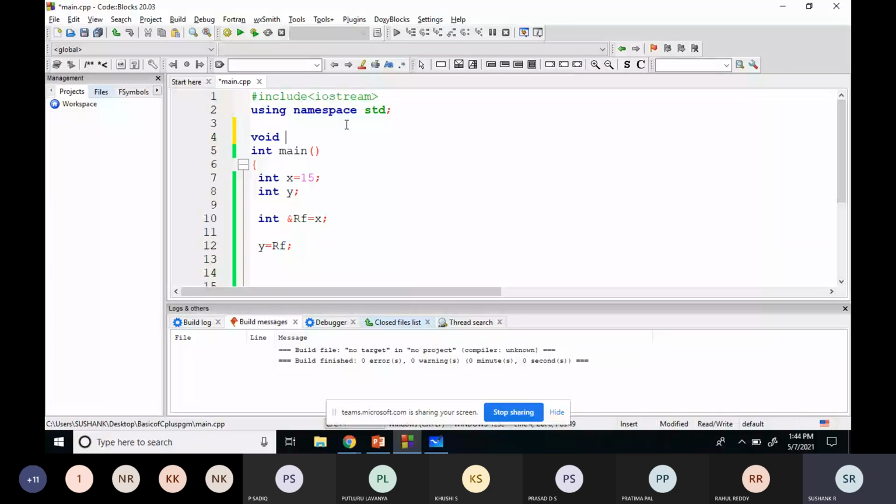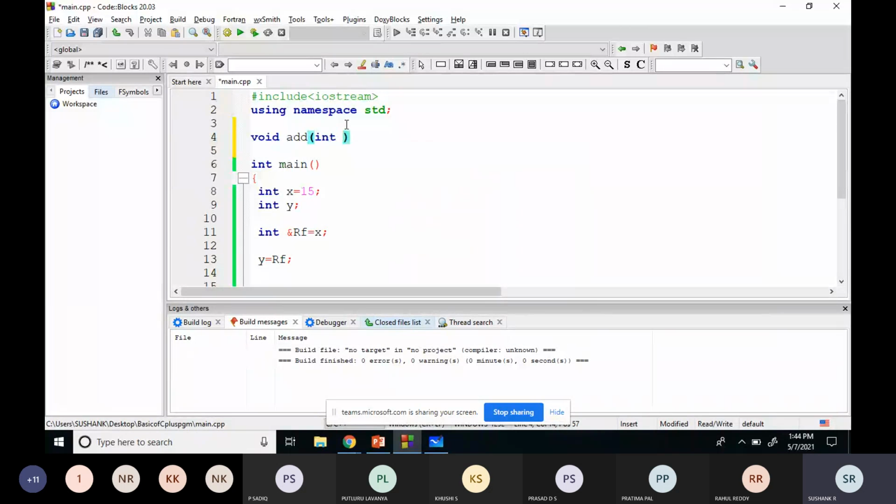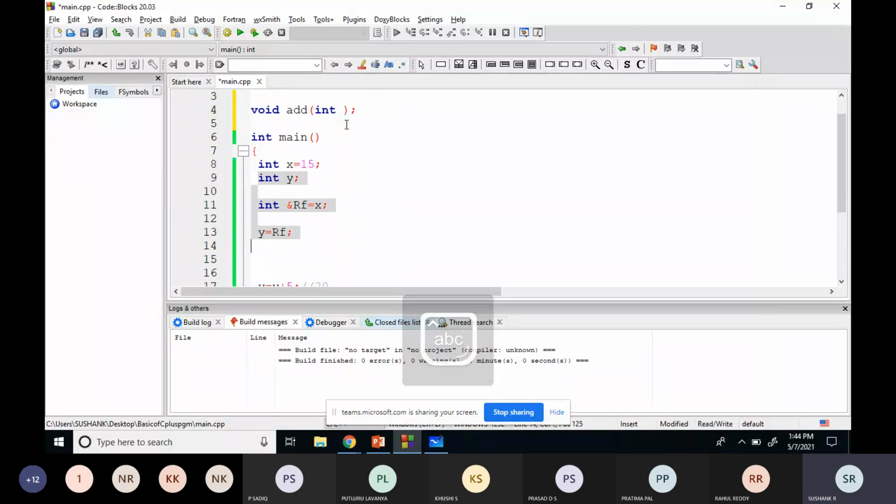For the function definition, void, what it will do is add some value, so I'll just write it as void add. Then the declaration. This is a function declaration. After that, I created one variable called x with its value, and I'll write the code and then I will explain, so that will be better for you.